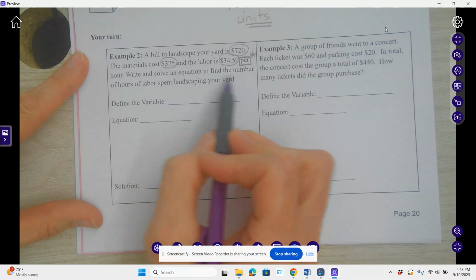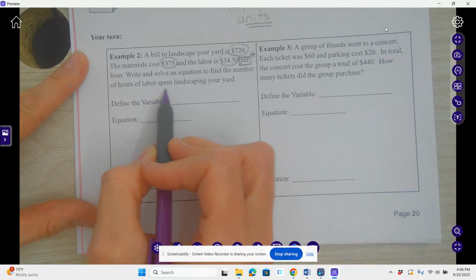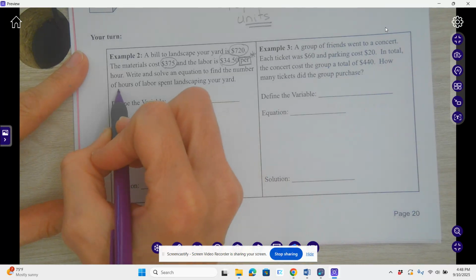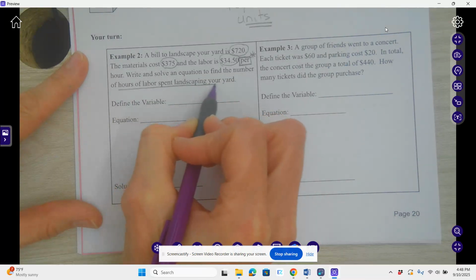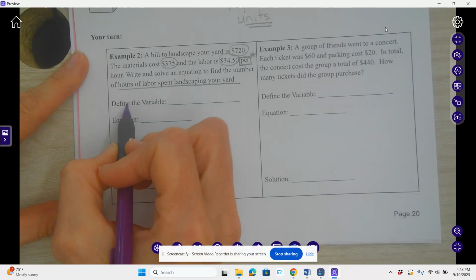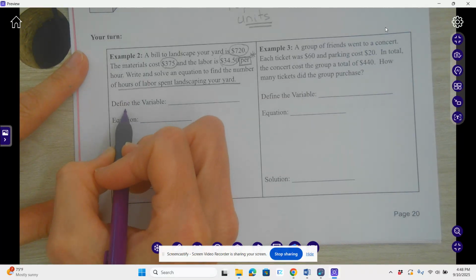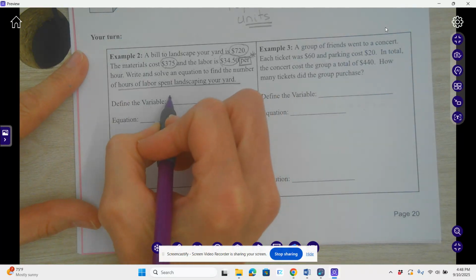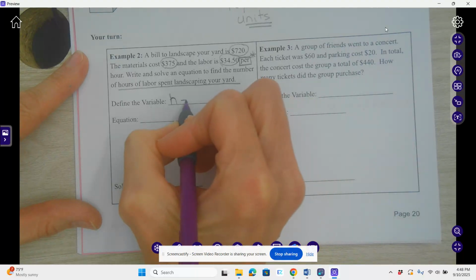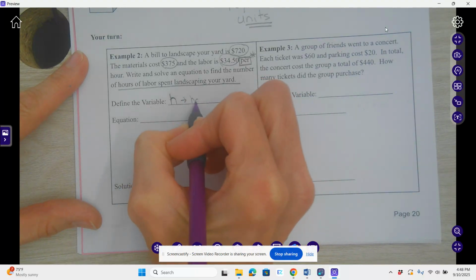Write and solve an equation to find the number of hours spent landscaping your yard. So what am I finding? The number of hours spent landscaping my yard. So I'm underlining my question. So what don't I know? I don't know the hours. So I'm actually going to define my variable in this problem using an H. H for hours. And this represents hours